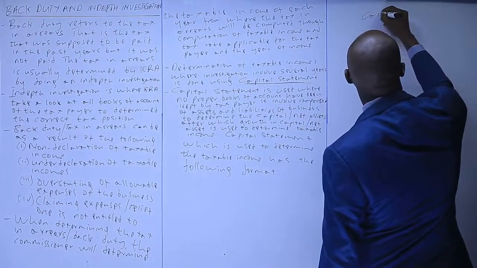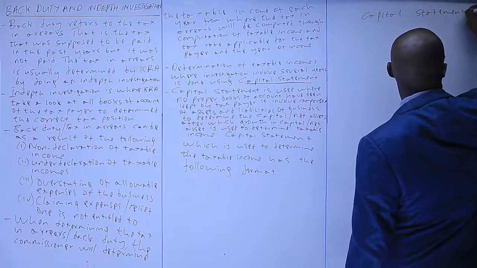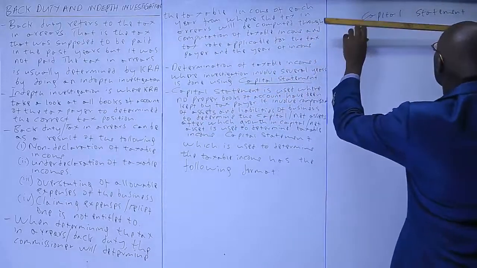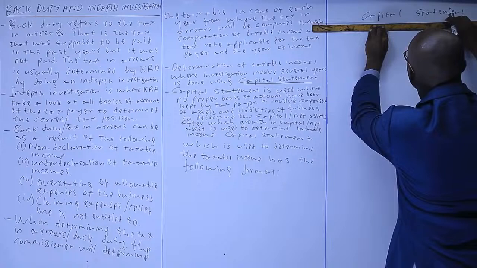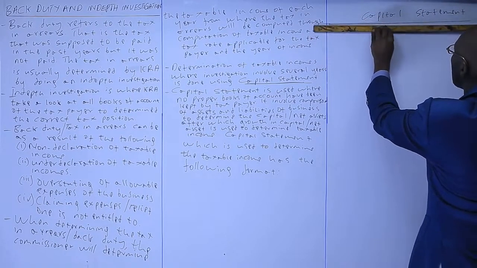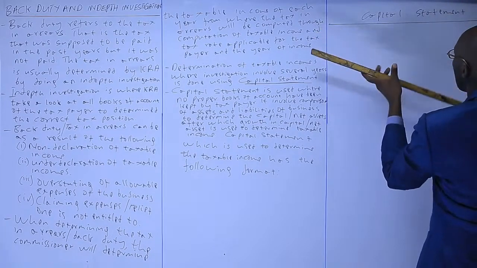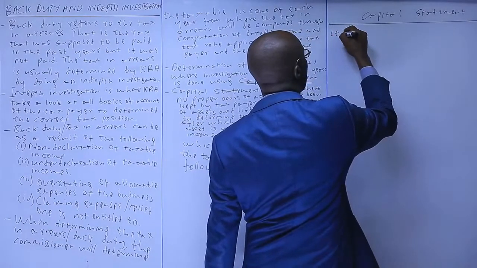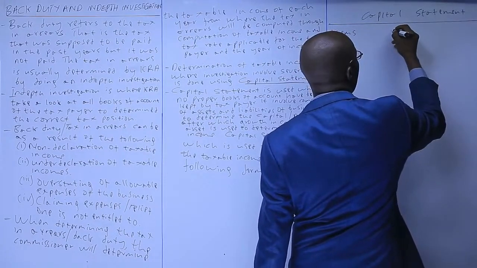We have the capital statement. We have the items, and then we have years, which we have year 1,